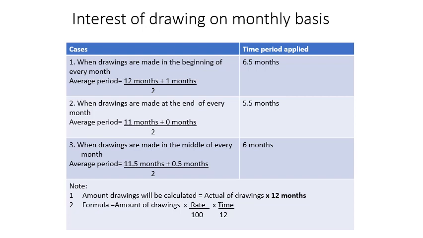So three dates will come in front of you: 1st January, the last date which is 31st January, and the middle, which is the 15th of January, for example. So this is the time period given. These are the three cases. For every month, we can take the beginning, the end, or the middle day of the month.